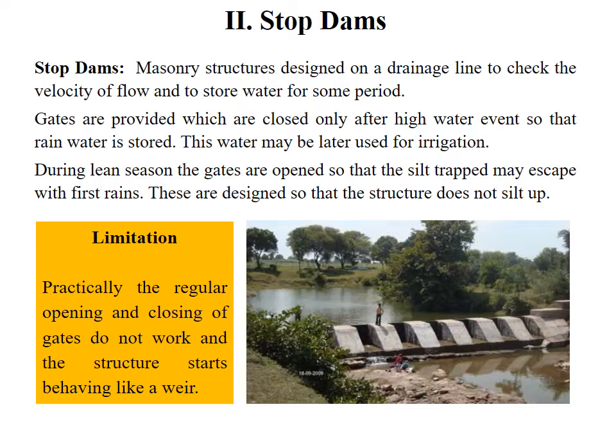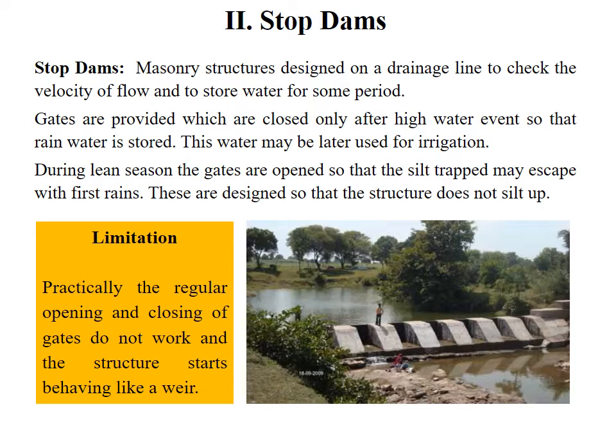Stop dams. These are modified forms of weirs. Here, mild steel gates are made over a masonry structure which can be opened or closed when required. By closing the gate, an additional head of water gets stored. After using the stored water for irrigation, mainly during the Rabi season, the gates are opened. In early monsoon, the silt trapped behind the structure escapes with the stream flow.